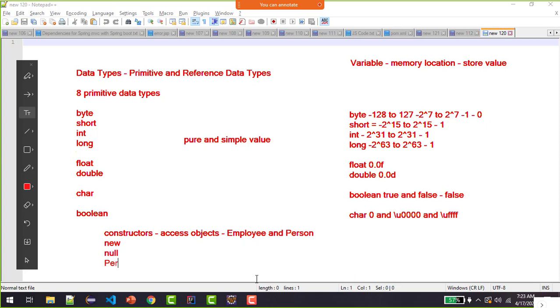For example, if I say Person p = new Person(), this is a constructor, let's say the name of a constructor. Now this is a reference variable p created for a Person class. Ultimately, after allocating the memory, p becomes the object and p can now play around with the attributes and functionality of a Person class, and can be sent over to another class as a reference variable of a Person class.